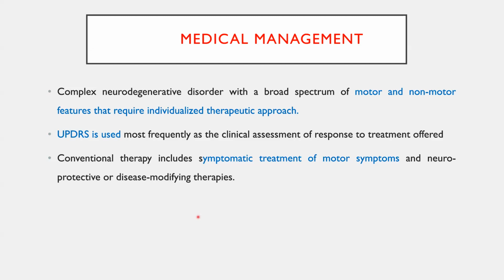So whenever you start the medicine, you should always do a baseline UPDRS score. Subsequently, during the OPD visit, you need to calculate it again. Depending on the improvement or decrement in the UPDRS score, you need to escalate or de-escalate the dopaminergic therapy. Okay, UPDRS, just Google it, you will get the PDF. Okay.